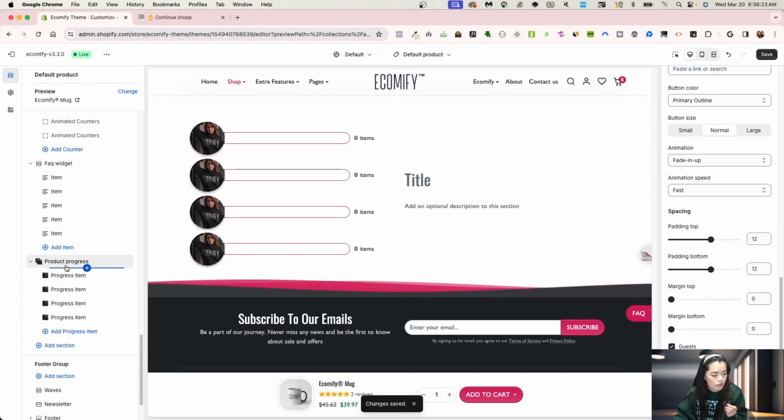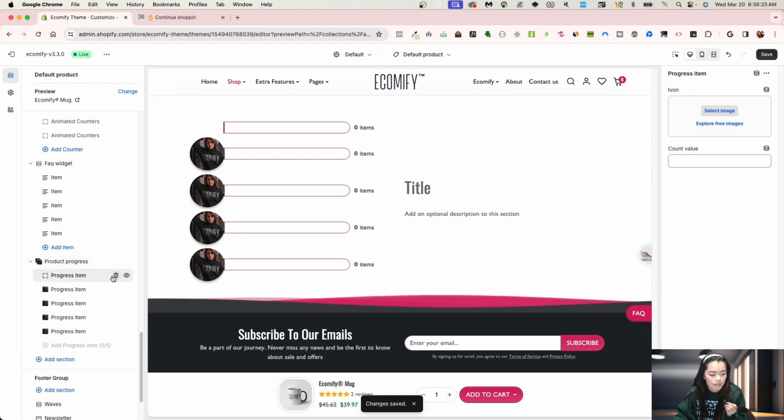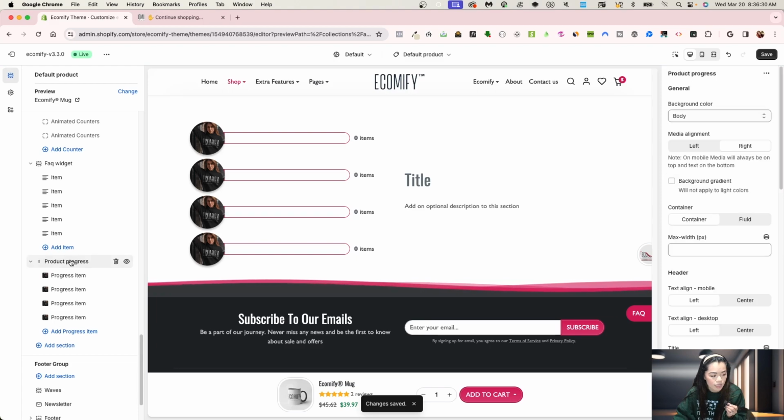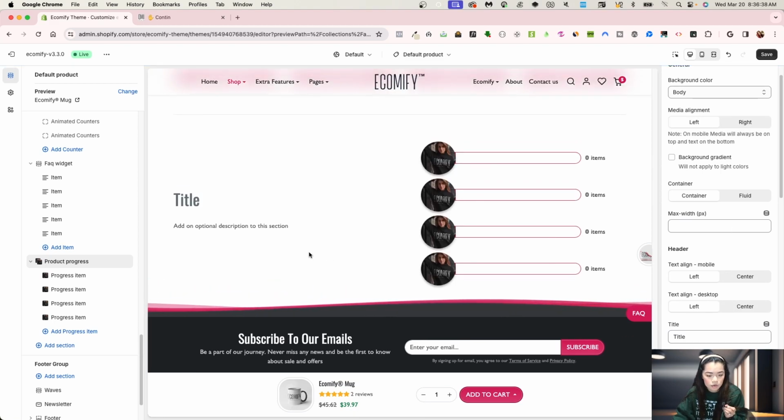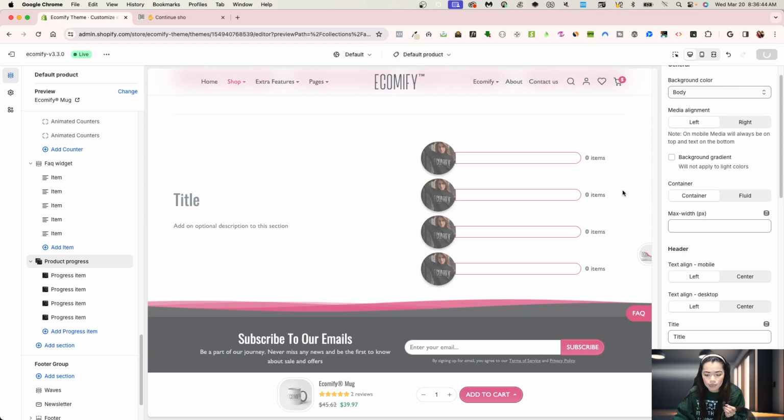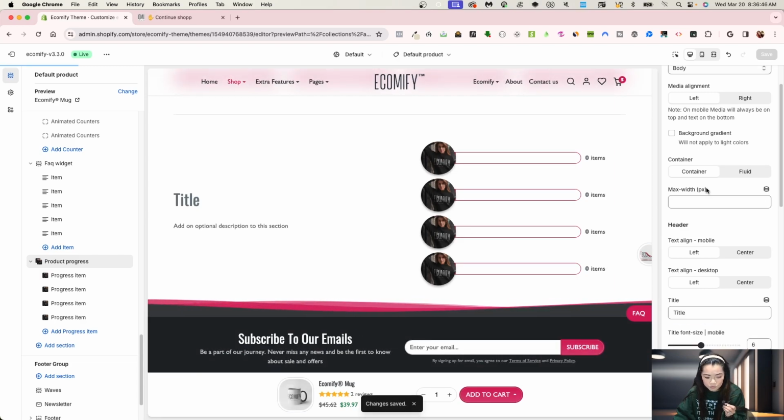here. In addition, I do not like how the new Shopify just adds a section or a block so quickly like that. So product progress, I'm going to go into here. I really like the content here, because customers read from left to right, so they'll read the content and they'll see the animation. I'm going to click save, and then also